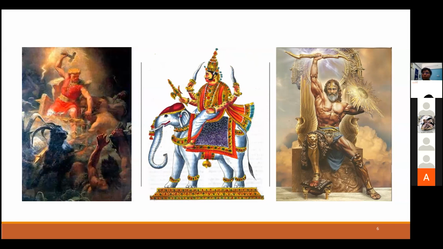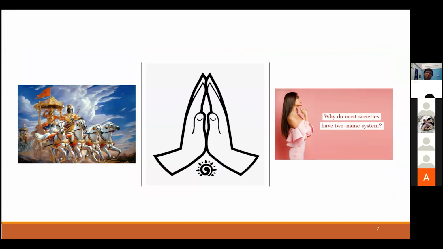Like the sky god who wields a powerful weapon, and he's the king of the gods and who lives in the sky. And not just the gods, the left, the chariot. Like the importance of chariots in Indian mythology and in ancient Indian warfare is very similar to how chariots were important in the Greek epics, the Iliad and Odyssey, and is very important also in the Persian mythology, and is also important in the Roman and the Scandinavian mythology. However, the importance of chariot is not so there in other cultures.